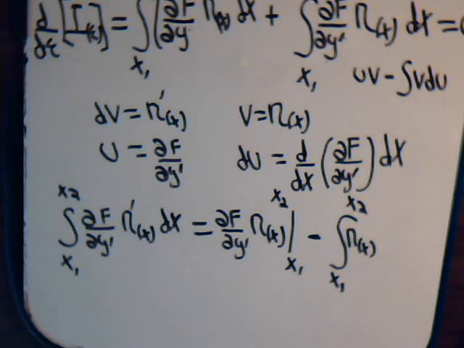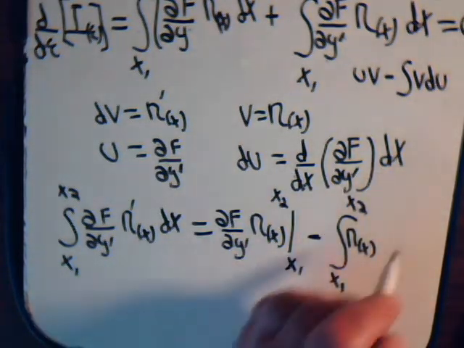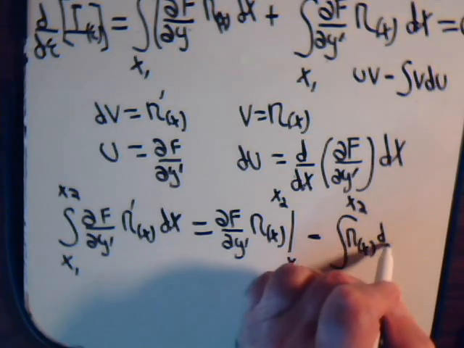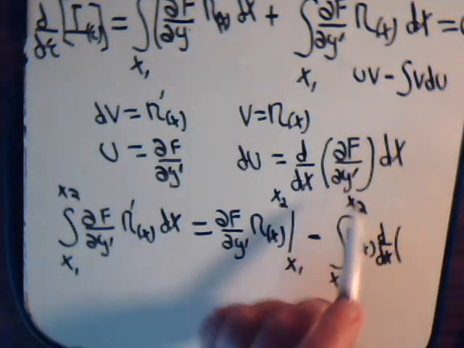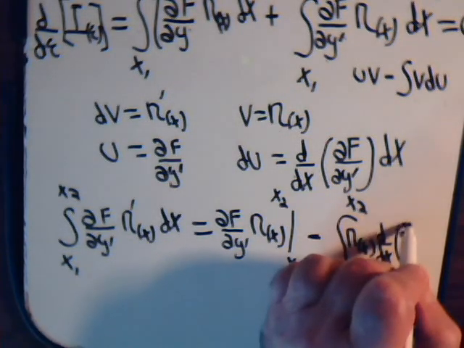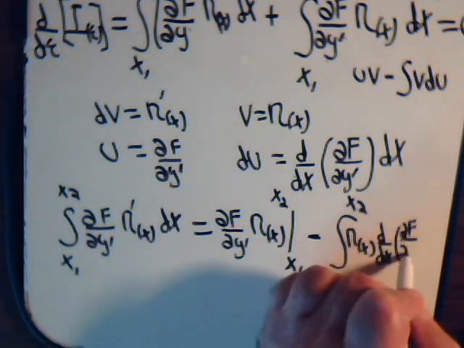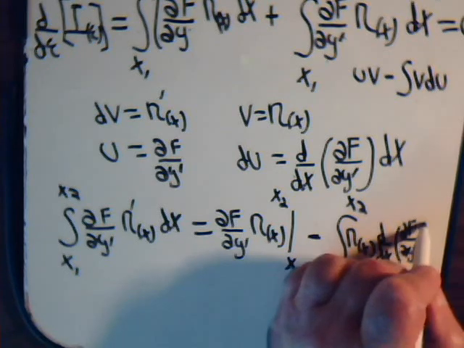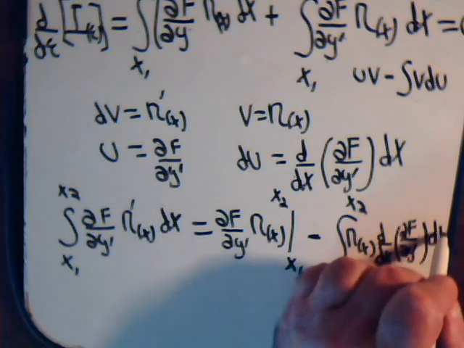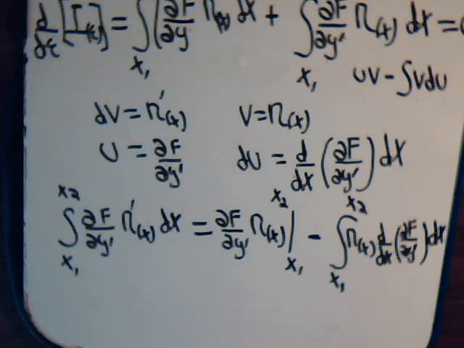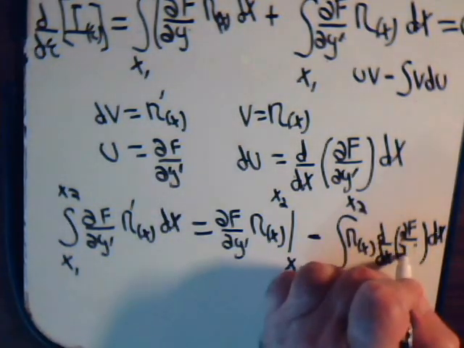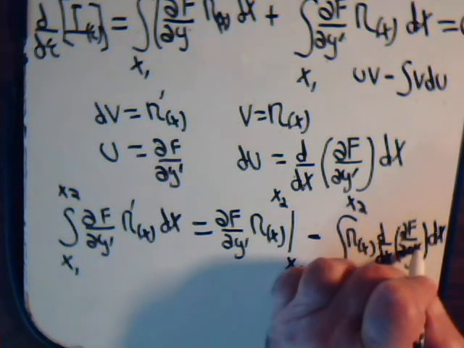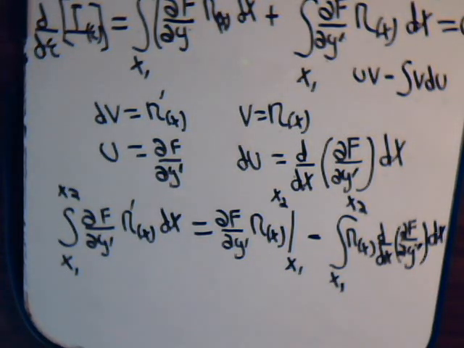Then we have this. Let's see if we can squeeze it in. d/dx of the partial of f with respect to y prime, dx. That is the partial with respect to y prime. We can write that a little neater. Okay, now